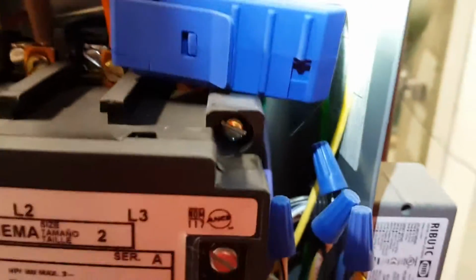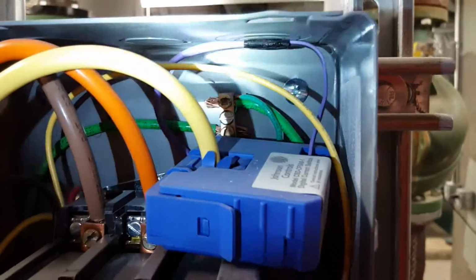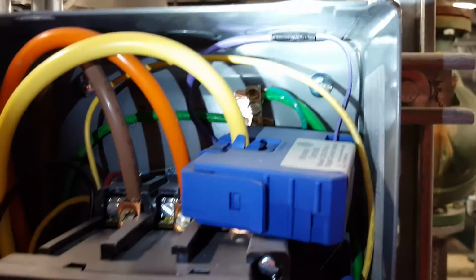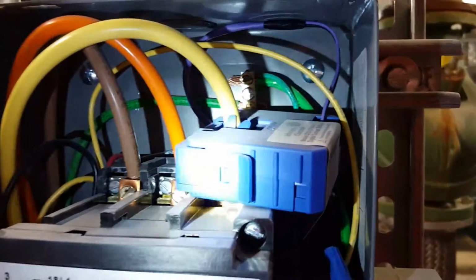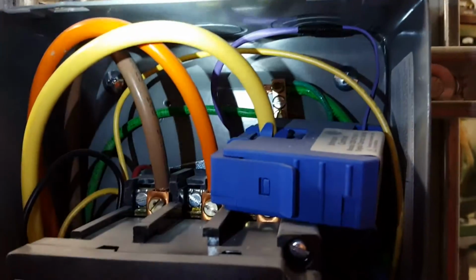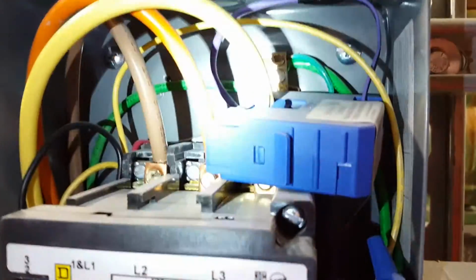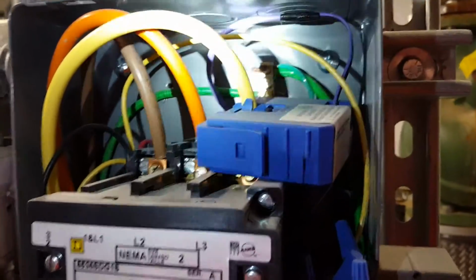You can see here we have the connection for the status wires. Once the CT sees current flow, it will close those contacts that are on the CT itself. That wire there actually goes back to the system controller for this particular system. Once it sees current, it closes those contacts, and once the contacts are closed, the system sees there is current flow through the pump, which means that it is running,